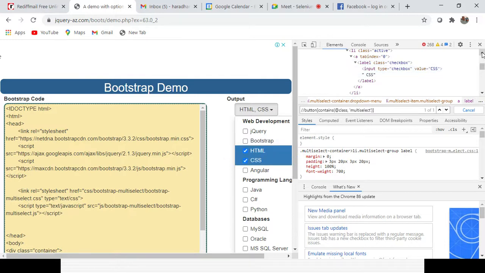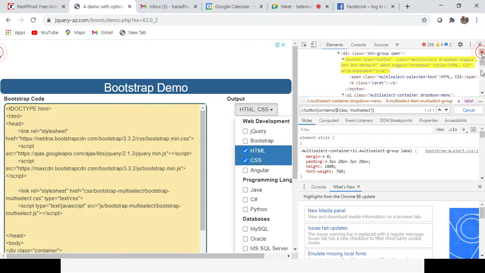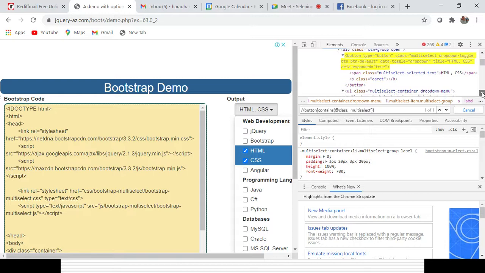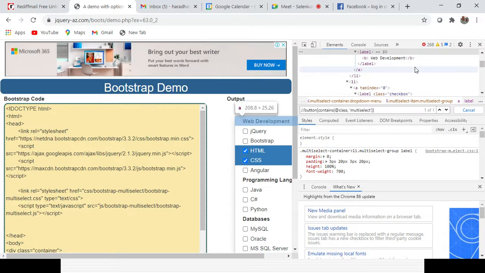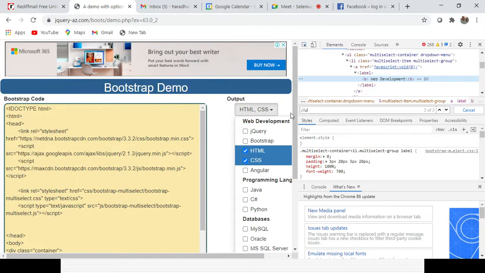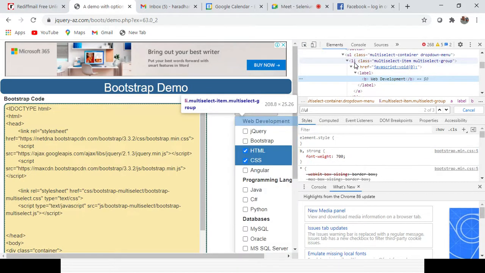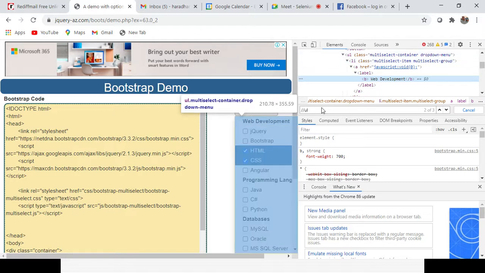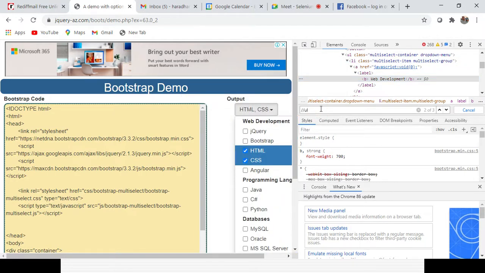So the tag name is starting with UL, right? So I need to create the XPath first. So I will use //UL. This is the mother tag. Okay, so I will highlight here. This is starting with UL. From here it is starting. Then I will give that particular class, right? UL. Then I will give the word contents.